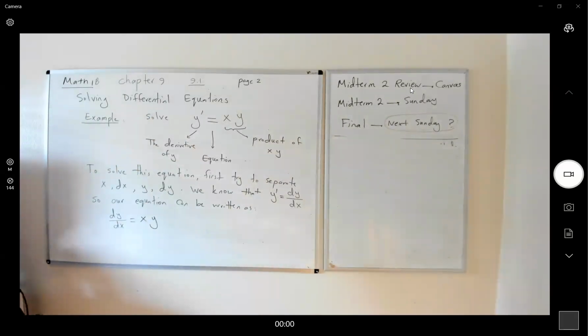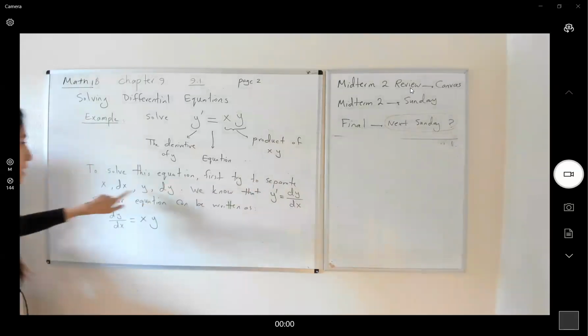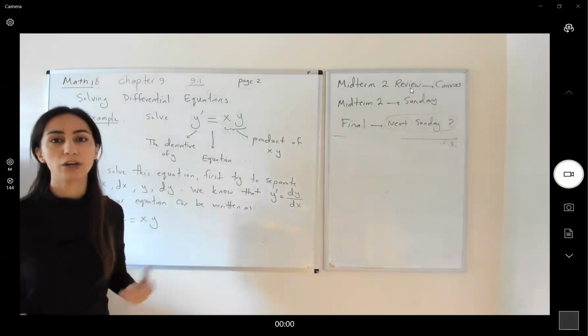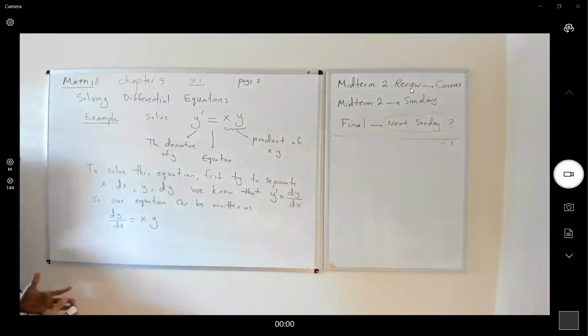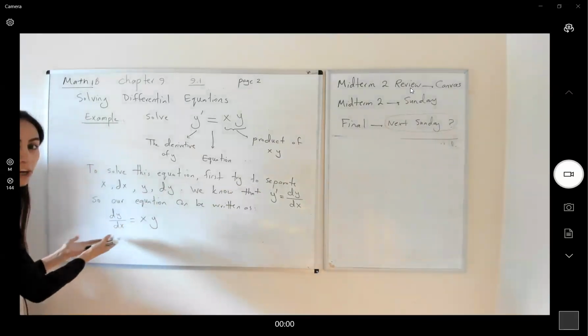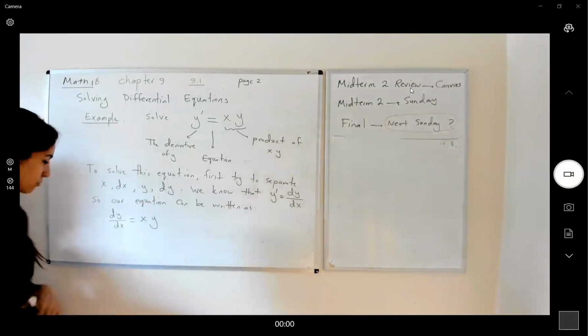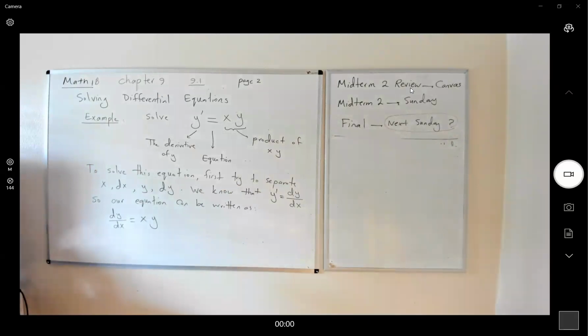Now your job is to separate x dx, y dy. How do I do that? How do I write all y's on one side, all x's on the other side? Okay, what I'm going to do, I'm going to